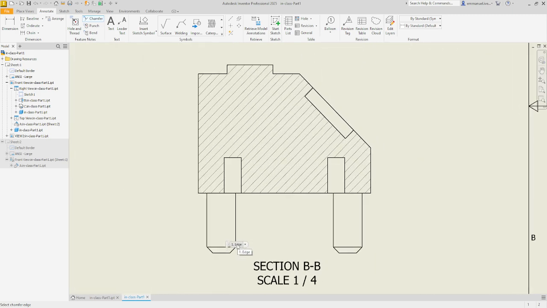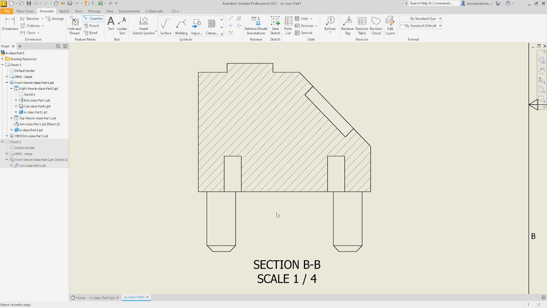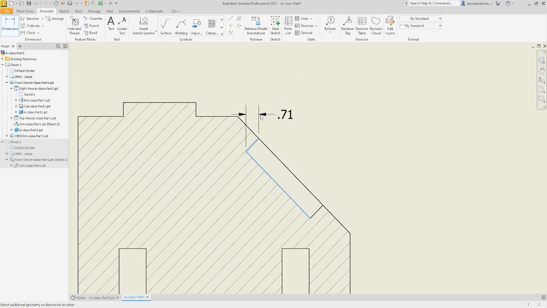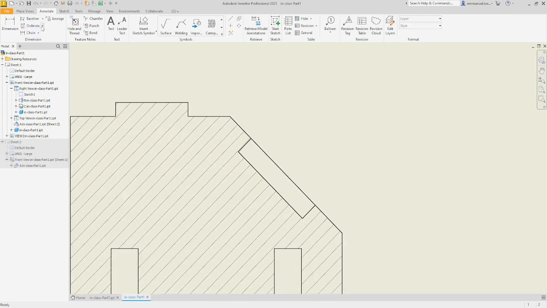And then for items that have hidden lines, again, you really don't want to dimension two hidden lines, but since I did have this section view here, I can just take a dimension and say, hey, this is from there to there, the depth of it. I don't really want to do it that way. When we get to GD&T, I'll show you a better way to showcase the depth of it, but